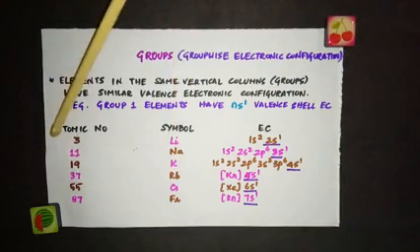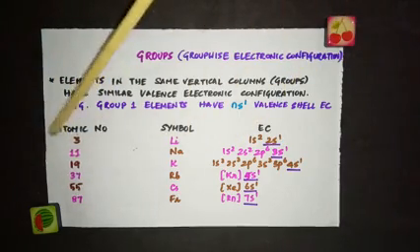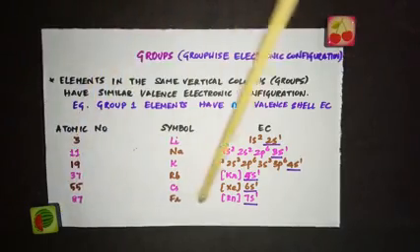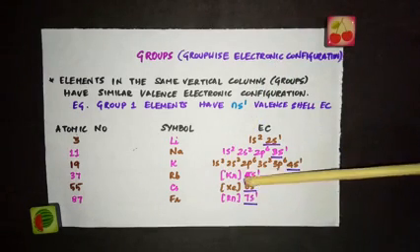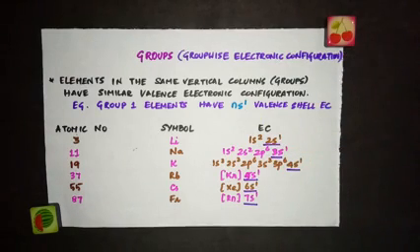Now when you look at the period number, this is the second period, third period, fourth period, fifth period, sixth period and seventh period. That's the reason why we have 7 here, 6, 5. All these numbers represent the principal quantum number, and that is related to the period number.